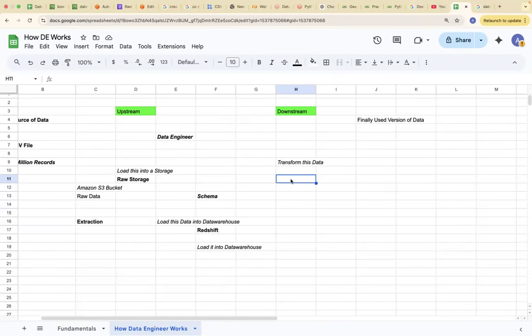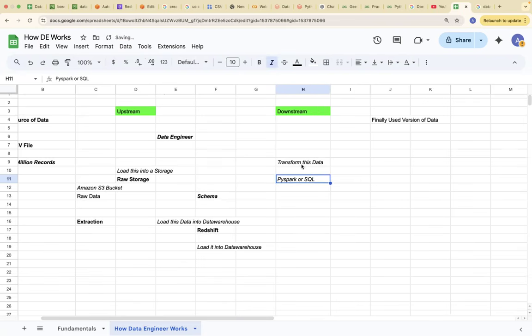So let's say I want to see a dashboard in which I have to show month on month sales or day on day sales. Based on that requirement, I will be transforming this data by writing my queries over it, or by cleaning it, or by doing other things on it. This you do with the help of PySpark, or you can use SQL also to transform this data. Once your transformation is done, in this transformation stage,